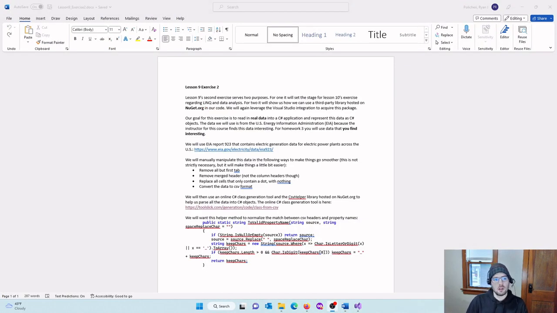Okay, so the goal of the second exercise with lesson 9 is to set the stage for lesson 10, where we are going to analyze a large data set using C#. But for lesson 9, our goal is to take real-world data and get that data in our C# program in the form of objects, because we can't analyze anything until we have objects. So to do that